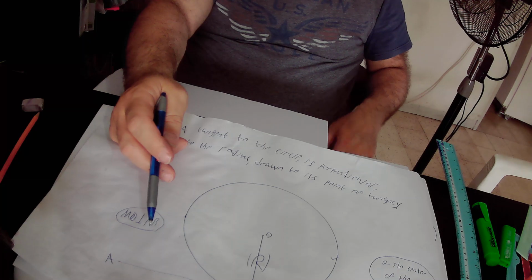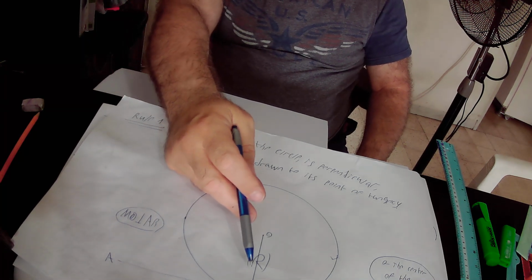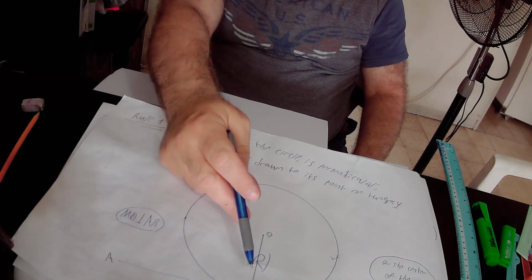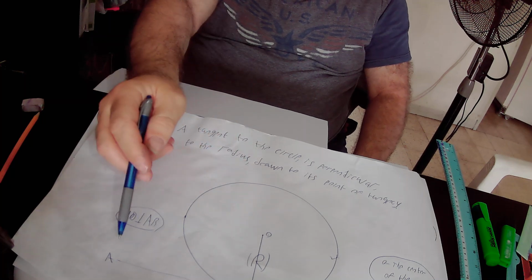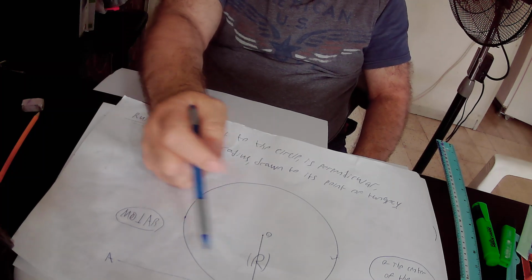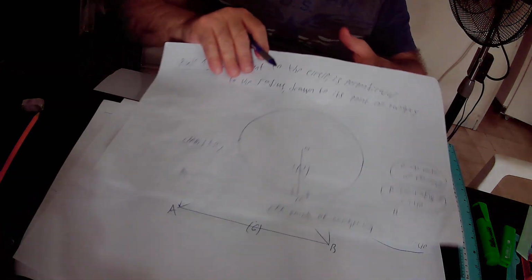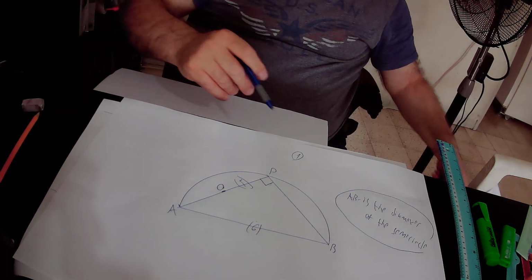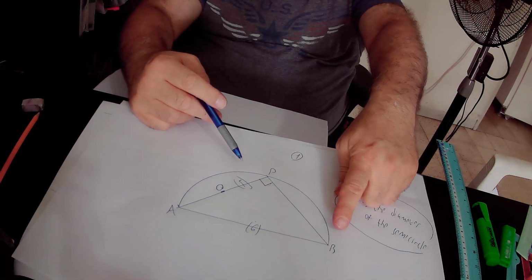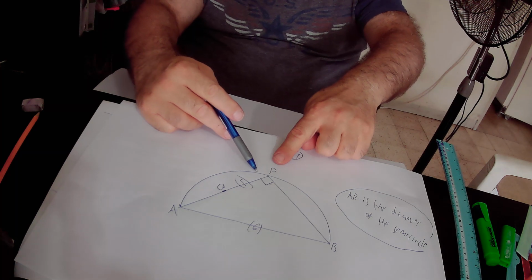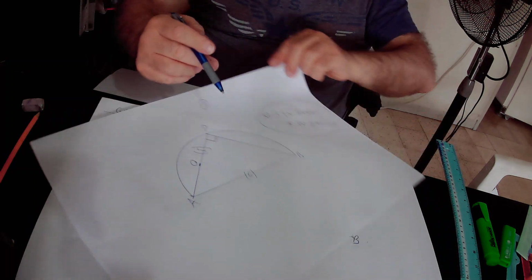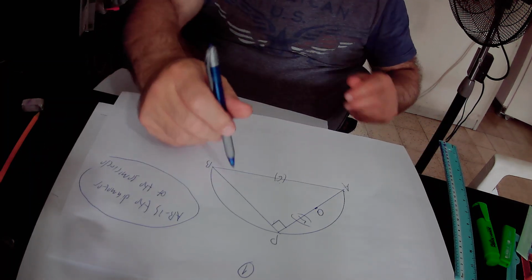That is to say, any straight line that creates 90 degrees with the radius must be a tangent. Why? Because here you can see that AB creates 90 degrees with the radius OM, therefore AB is defined as a tangent. And here BP creates 90 degrees with the radius PO, therefore it must be a tangent, according to rule 1. Therefore BP is tangent